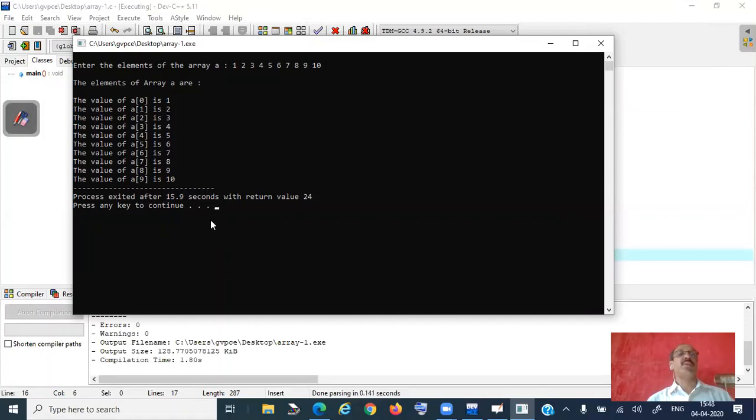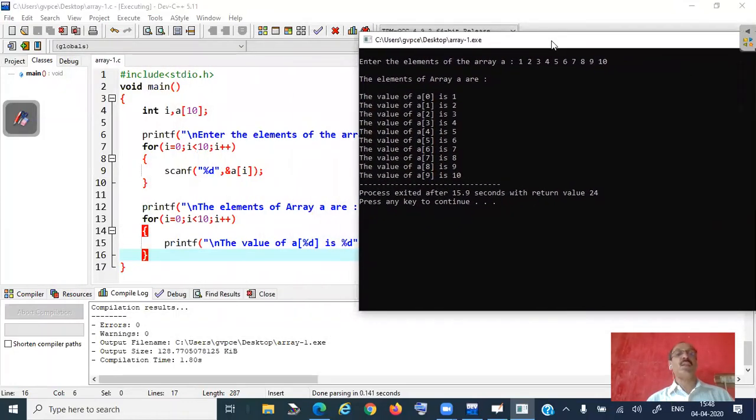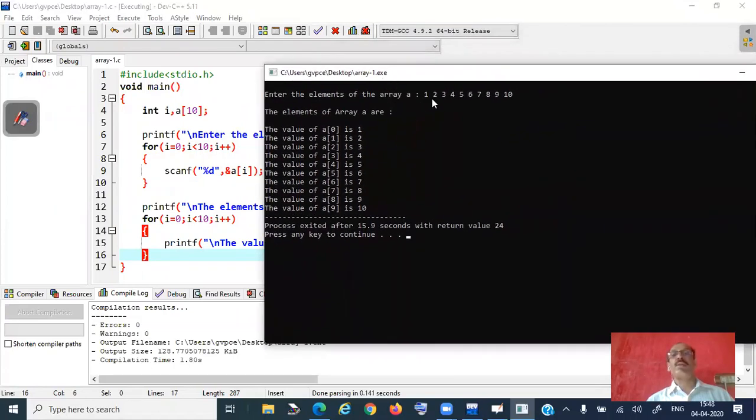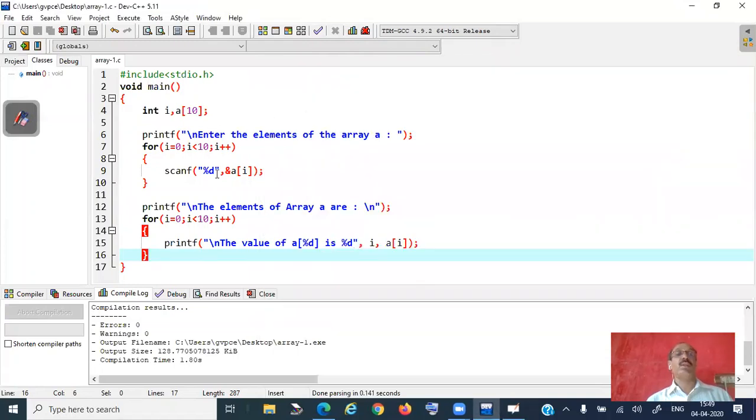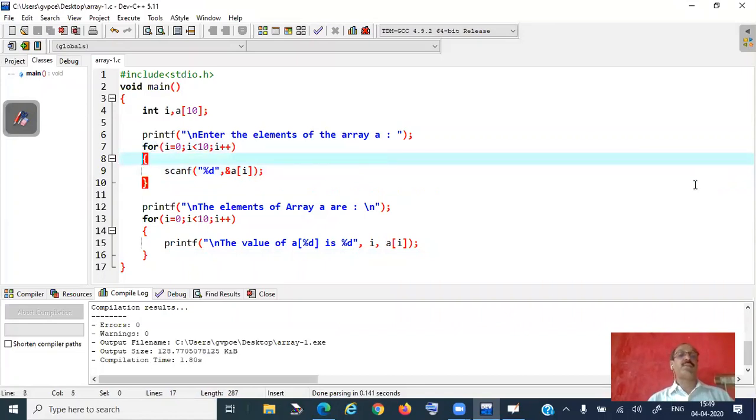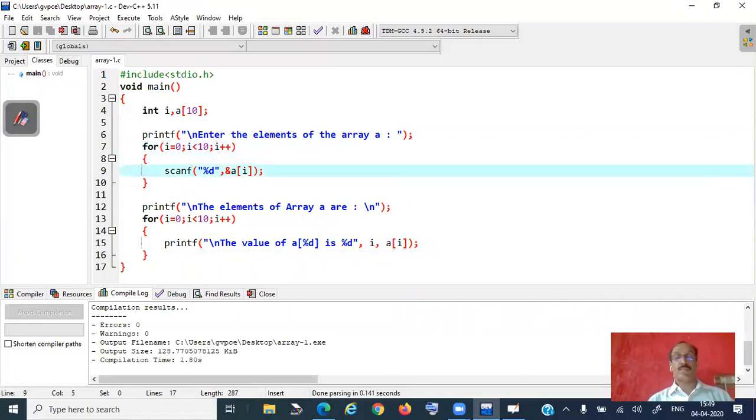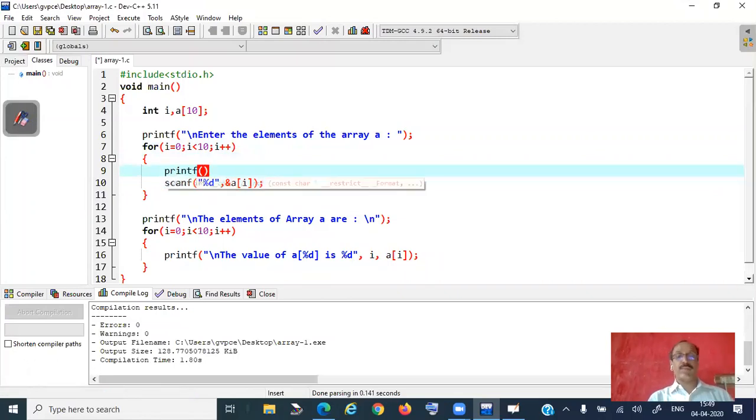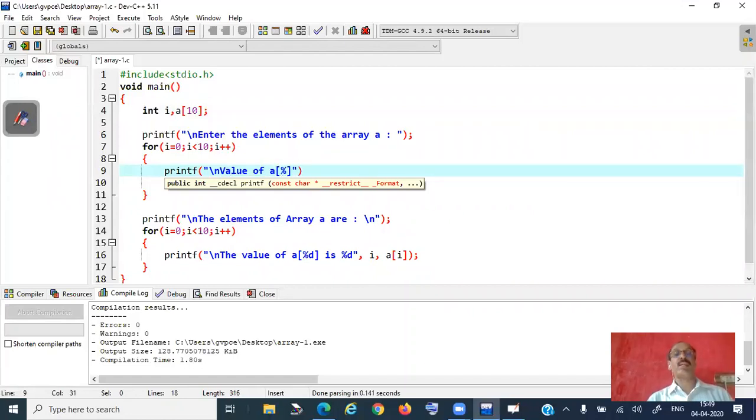Which means if I want to print the elements of the array, I need to write one loop. To read the elements of the array, I need to write a loop. Here we are giving all the elements like this, but when we are printing, we are giving the value of the index. We can do the same thing at the time of reading the elements also. How? Instead of scanf here, I'll write one printf here: printf("\nValue of A[%d]